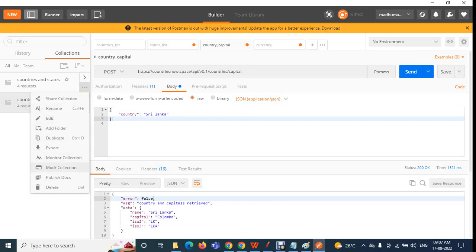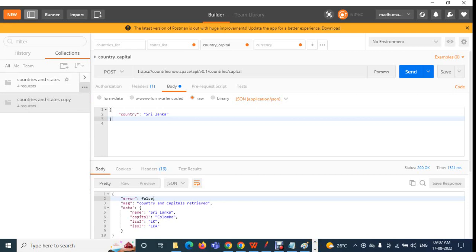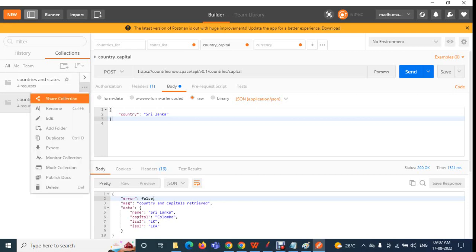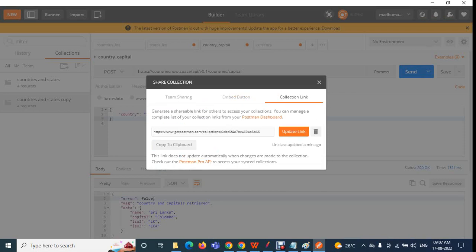Monitor mock collection, monitor collection, public, delete. Okay, add folder. Okay, leave it. So okay, what you can do is click on this one and click on Share collection, and click on the collection link. Okay, so here the link comes, you can copy that link and you can share that link to the